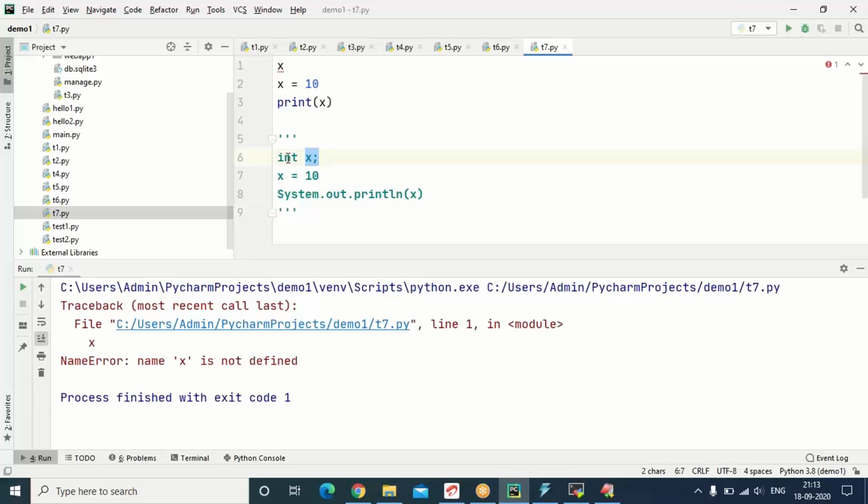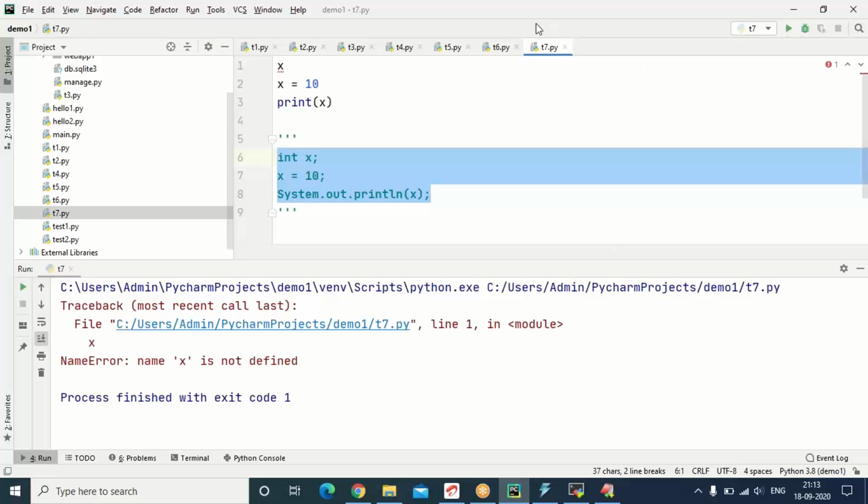While declaring a variable, data type is mandatory. While declaring a variable, initial value is not mandatory. If you wanted, you can provide initial value. Later, you can provide initial value before usage. This is the usage. Before usage, you have to provide initial value. Semicolon also mandatory for every statement in Java. So in case of Python, it's not allowed. In case of Java, it is allowed. This is the second difference.